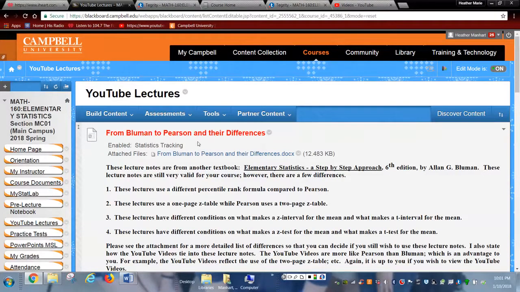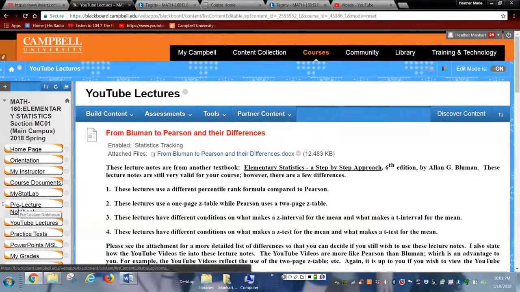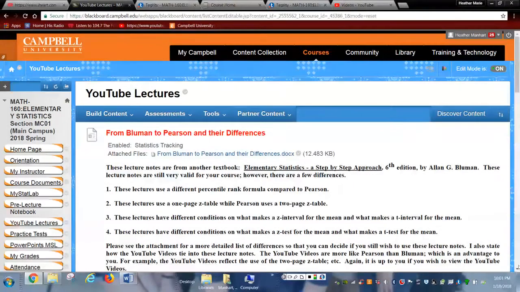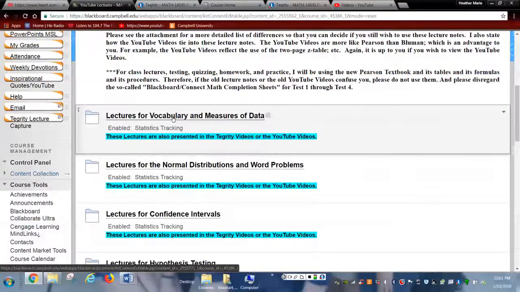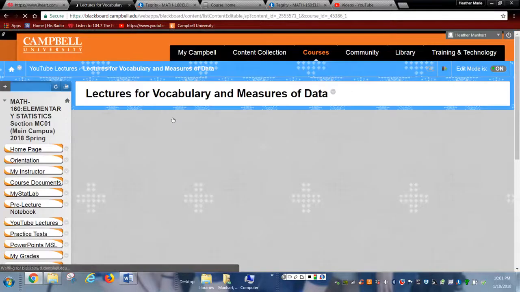There are some subtle differences there. I state the differences between the two textbooks, in case you're following the hard copy of the pre-lecture notebook or the hard copy of the notes here. In the actual YouTube videos that you watch, those changes are already made in the video, and I talk about those changes in the video if you decide to watch the video.